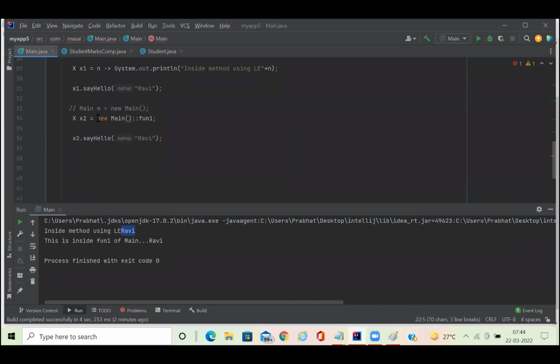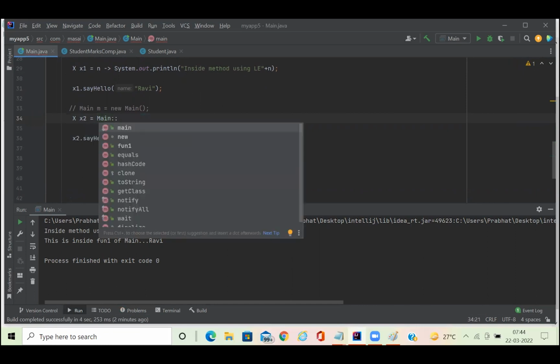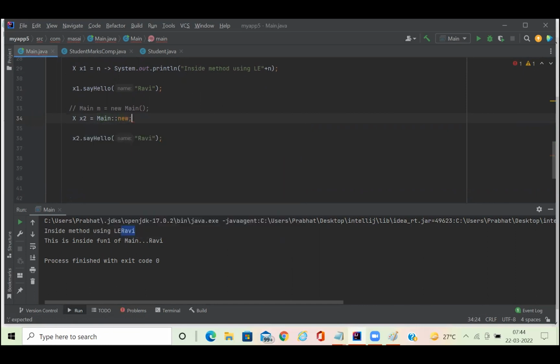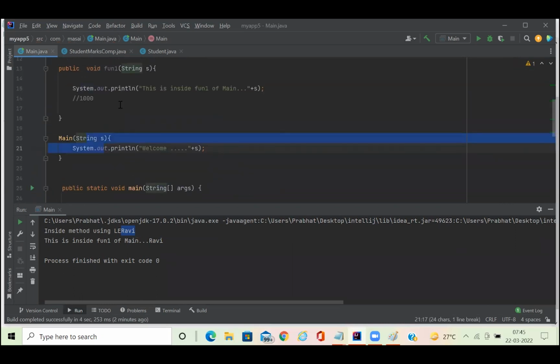So how to refer a constructor? By just using what? That is, the main class having a constructor. So this is the syntax of referring a constructor. I'm saying that new will refer the constructor of this main class, and if it has the same signature, that means the parameter list is the same and return type is void, it is going to match with the